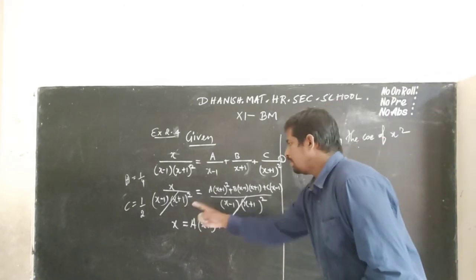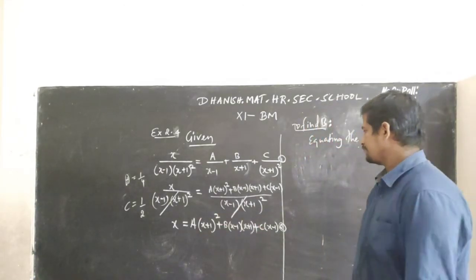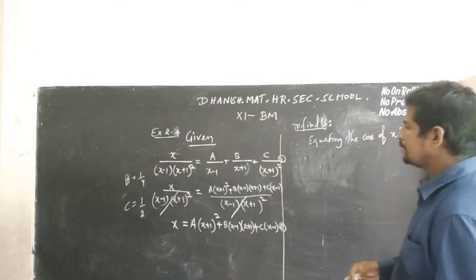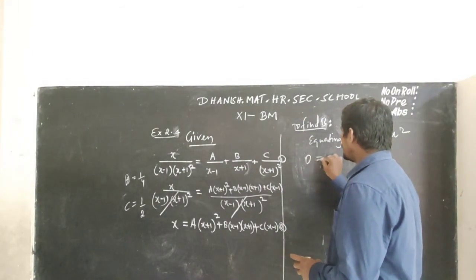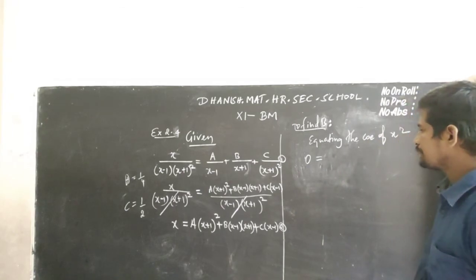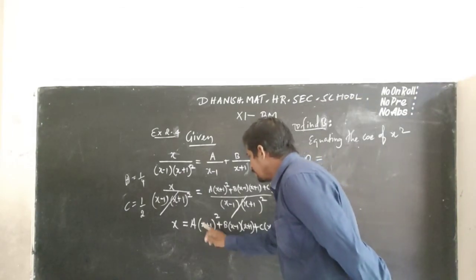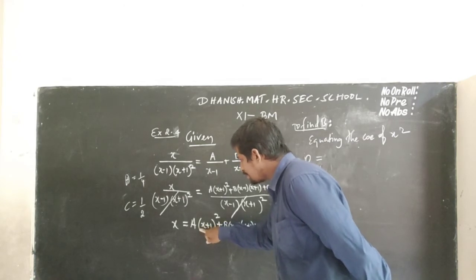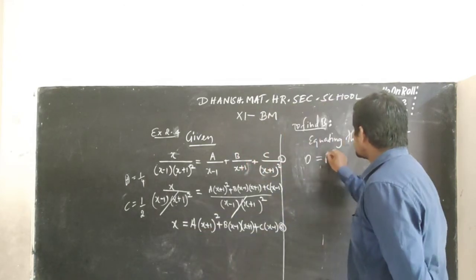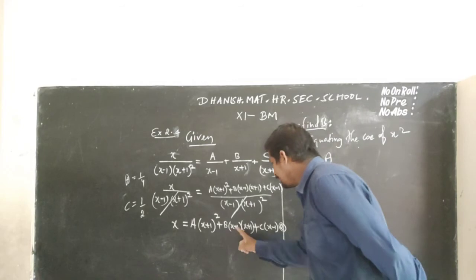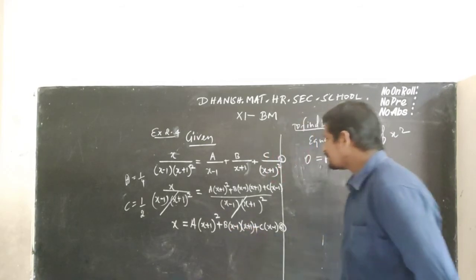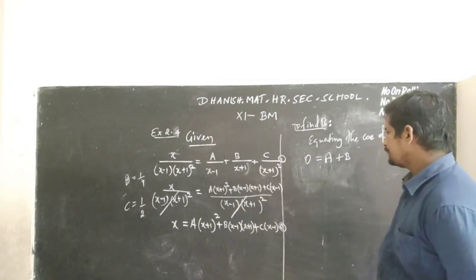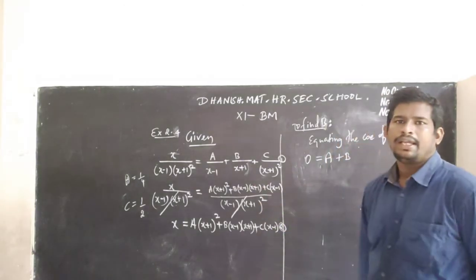Okay. Look at the LHS. Here we don't have any x square term, so we will put the coefficient of x square as 0. Look at the first term. If we expand this, we will get the first term as x square. So the coefficient of x square is a. If you multiply these two factors, you will get x square. So the coefficient of x square is b. Then here we don't have any x square.